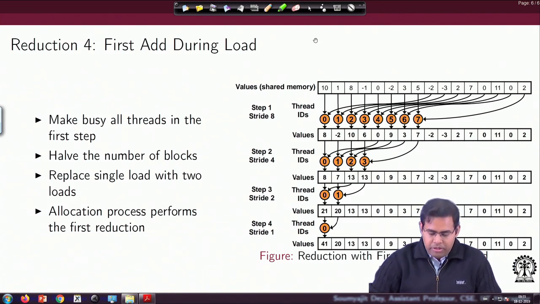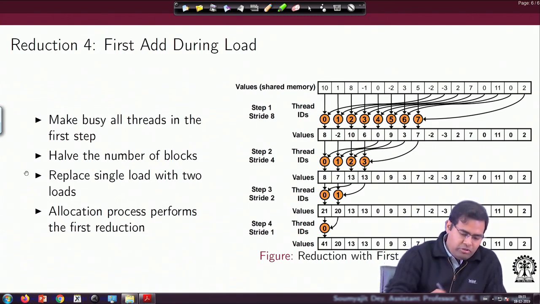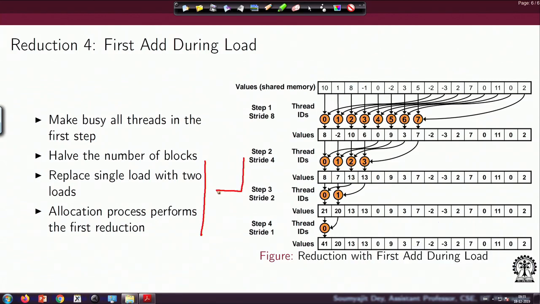So from a mathematical point of view, what's happening is you have launched too many threads, and then you are using only half of them. If I try to draw a picture representation here, let's say I am launching these many threads. All of them just do the global load, and then half of them keep on working, right? So if I plot per thread activity, this is how things are really happening.